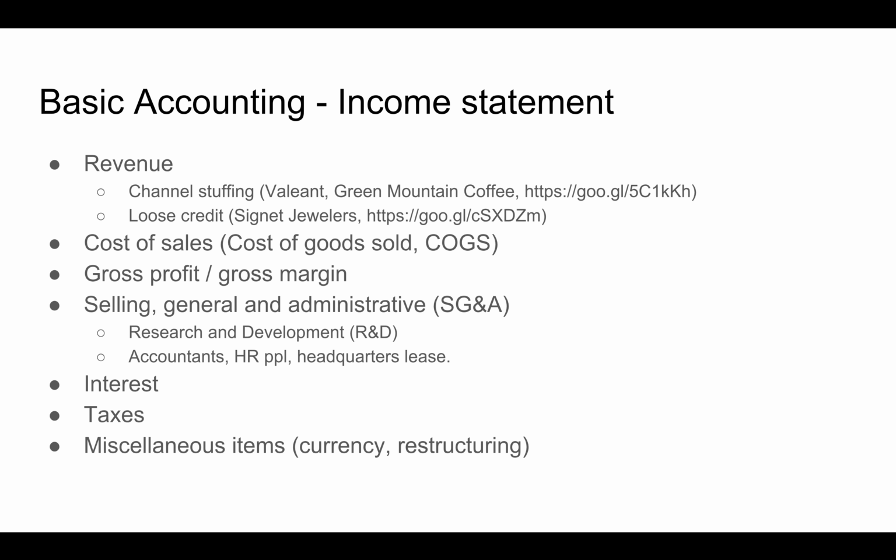So that's that. Some of the examples in here is Valeant Pharmaceuticals. They have now changed name. They're now called like Bausch Healthcare or something. But it was a fairly infamous company, and they had all kinds of problems, and channel stuffing was one of them. And the other one is Green Mountain Coffee. I think this one was discussed in one of the books that I no longer remember, but there was a case in one of the books. Essentially, Green Mountain Coffee was